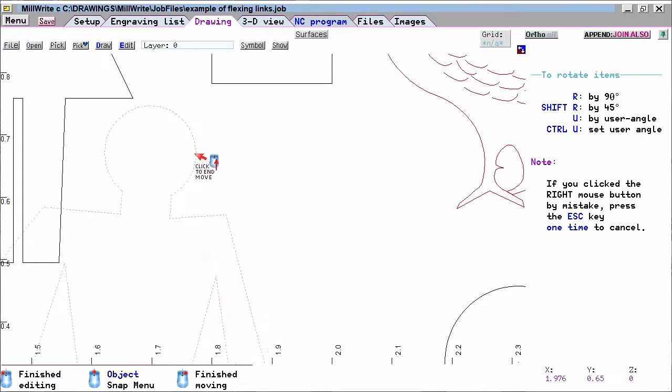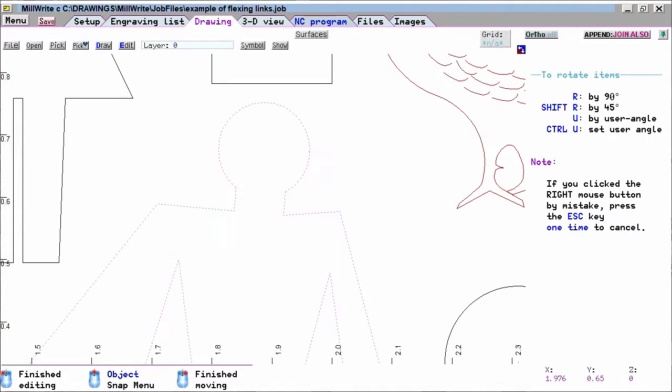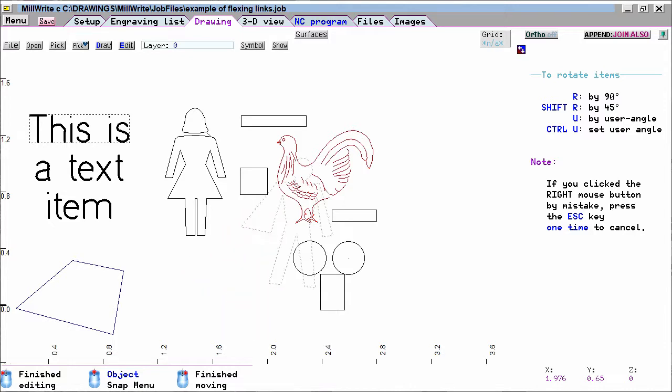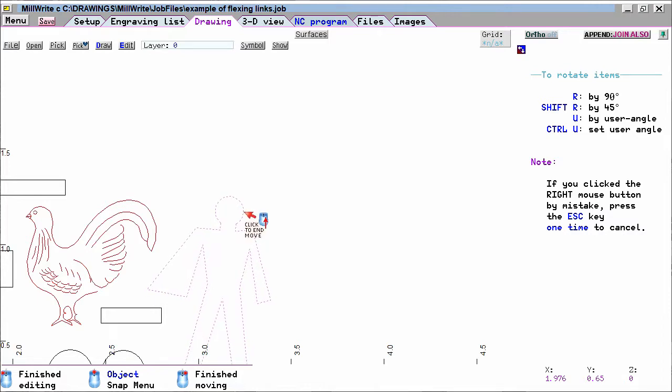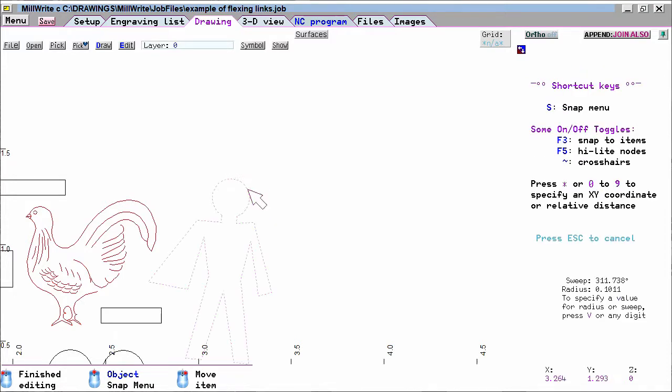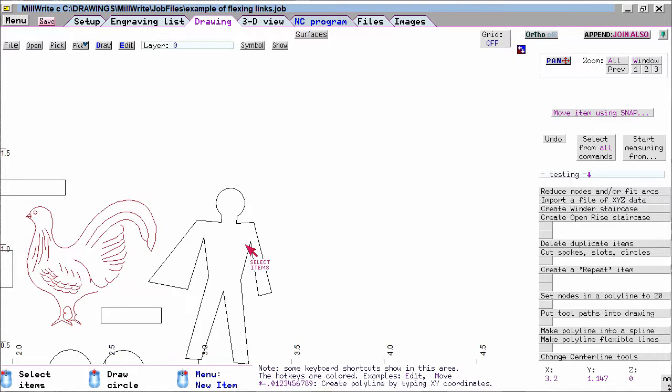Notice that as soon as I click the right mouse button, the mouse icon changes to remind you to click the right mouse button when you are finished moving the polyline. I can also use the mouse wheel to zoom in and out. If you learn to use the right mouse button and the mouse wheel in this manner, you can save yourself time because it allows you to combine the moving of an item with one other editing operation, instead of doing each operation separately. When I'm done moving the polyline, I click the right mouse button again, and then I resume